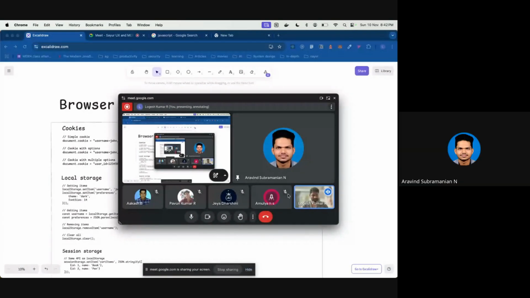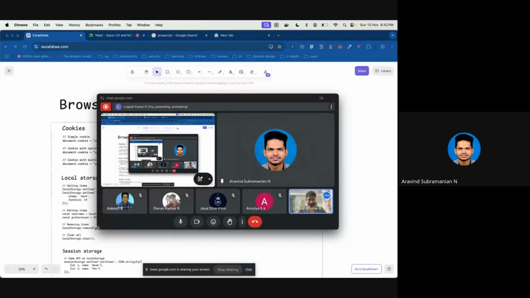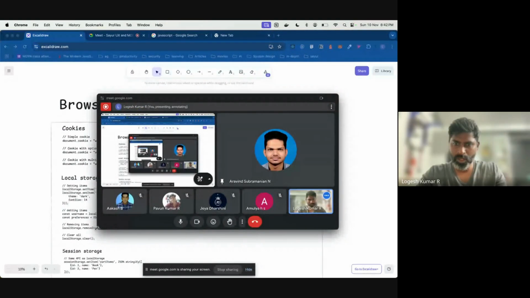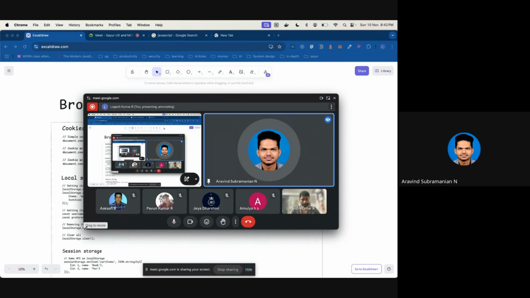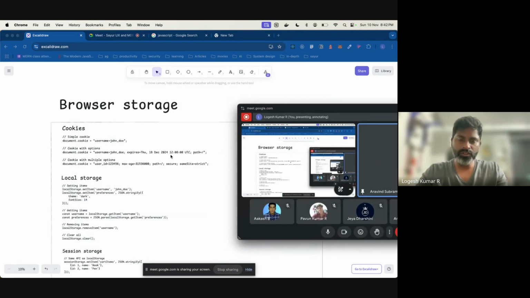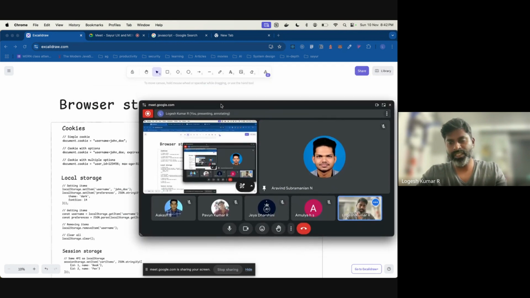So it will store the... Yes, Arvind. It will store small data like login details. Correct. So cookies will be used to store your login information so that you don't need to enter it again. That is one of the use cases. And another use case is